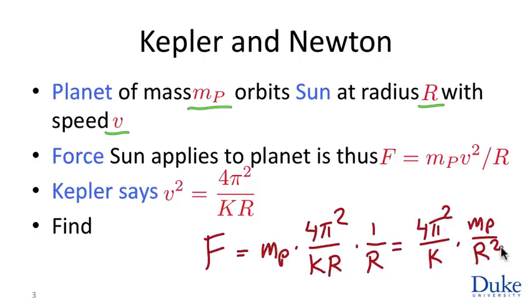Because the mass of the planet is a property of the planet. R is something that changes between different planets. 4 pi squared over k is the same for all planets. So let's see what we do with this. Well,